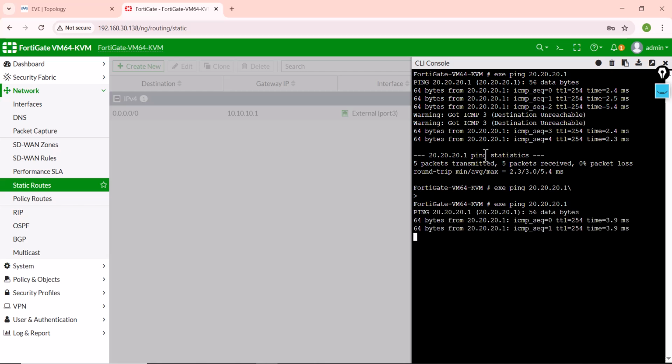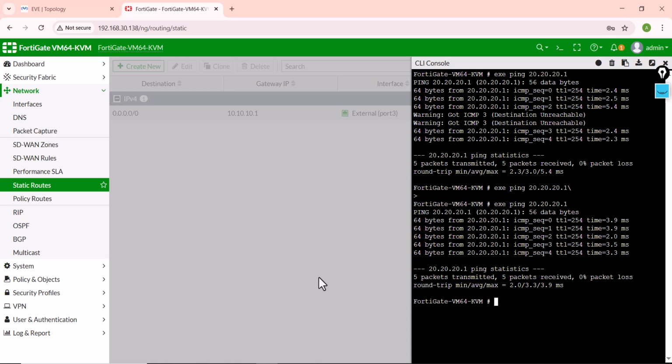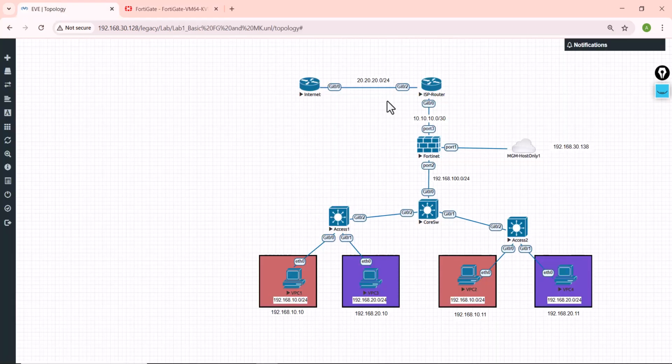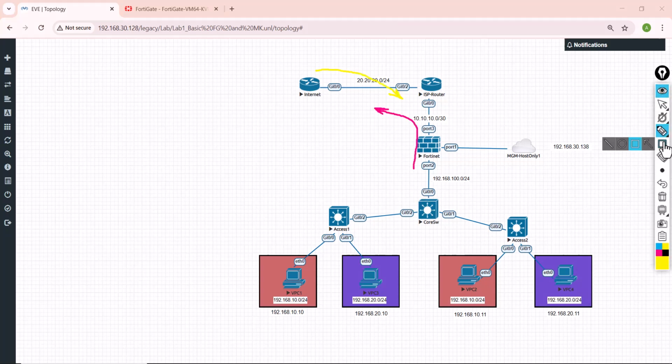we have two unreachable on the interface. Maybe there is a bug. Okay, so let's go back here, and now we configure internet access for VLAN 20 and VLAN 10. Okay,